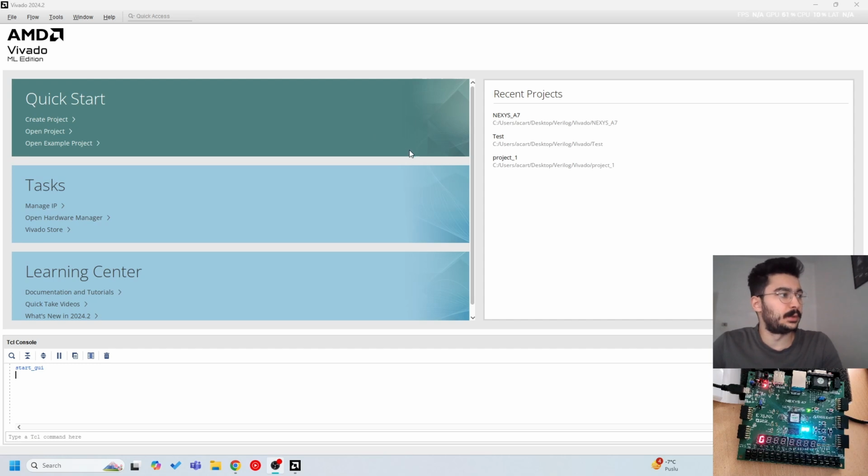Now, today we will learn how to do pin assignments and how to create a project from the ground up, and also how to synthesize your code, generate the bitstream, and upload your HDL design to the FPGA. Right now, I have the FPGA that we will use in the labs, which is the Nexys A7 100T